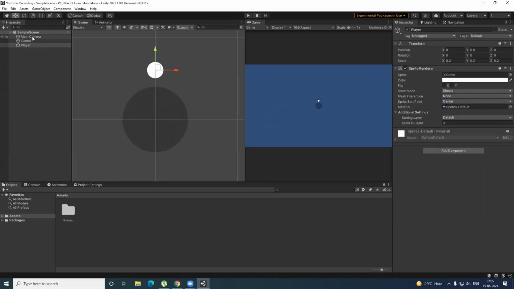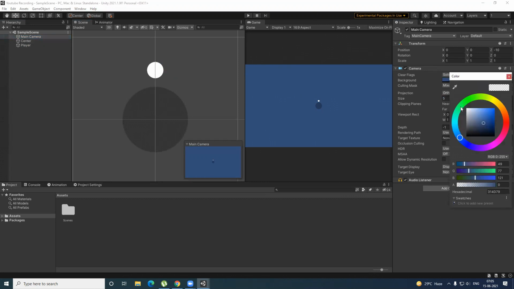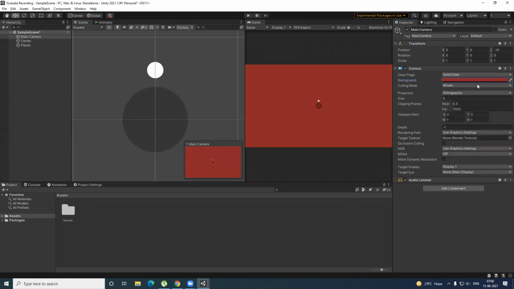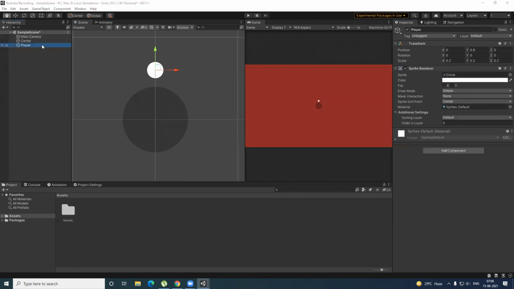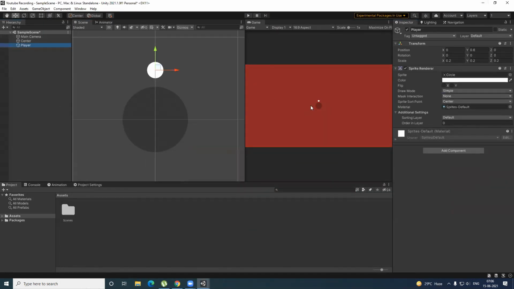Now moving on, I have to change the background color. As you have seen in the original game, the background color was red. You can give it any color you want because there's a complete color wheel. Maybe a dark reddish, so that the eyes don't hurt, because that red was quite bright. As you can see, this red is quite bright and it's hurting our eyes. So we don't want to hurt our eyes.